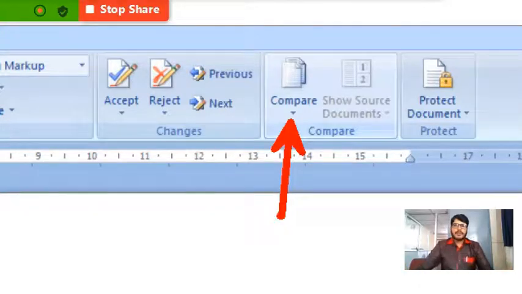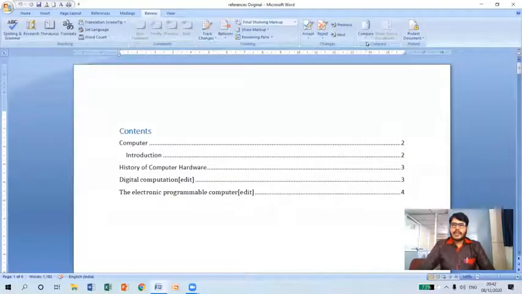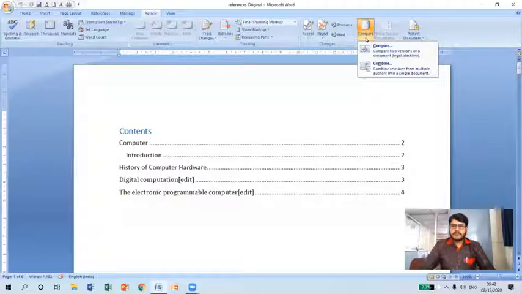Let me show you how. If I click on this compare, you can see here we are getting a compare option so that we can compare two versions of the document side by side. And also we can combine revisions from multiple authors into a single document by using a combine option.